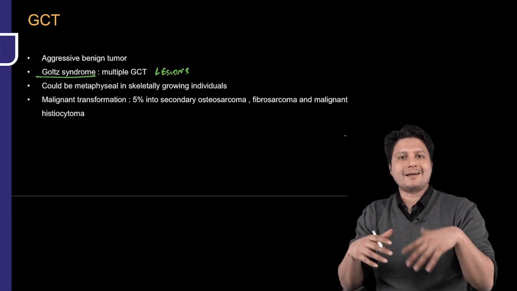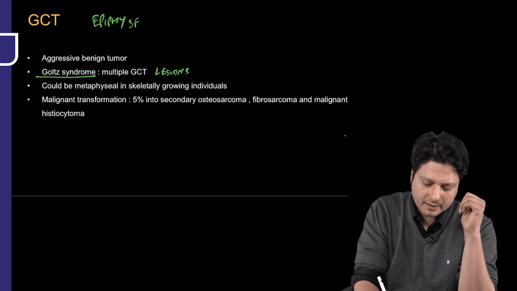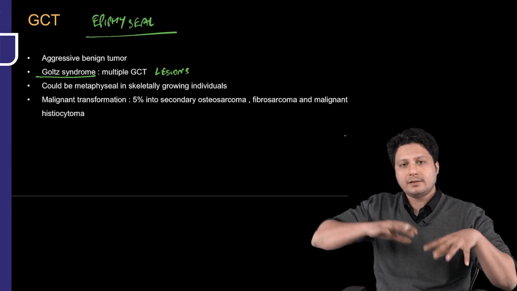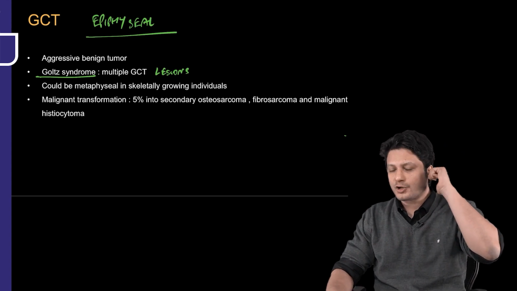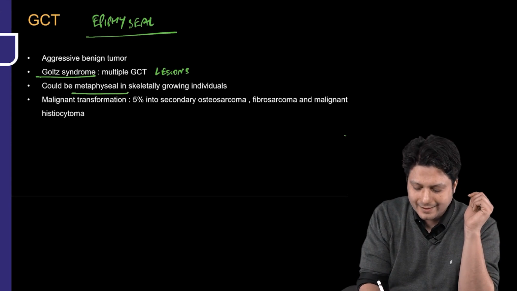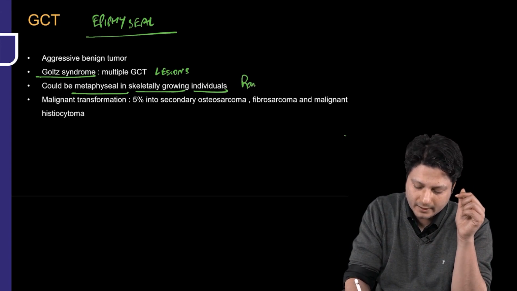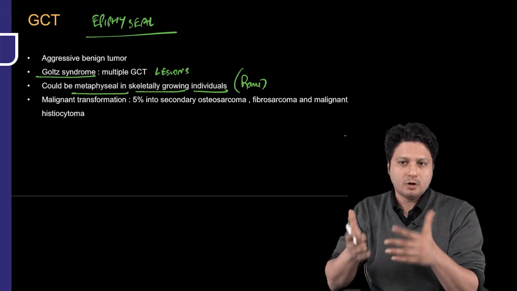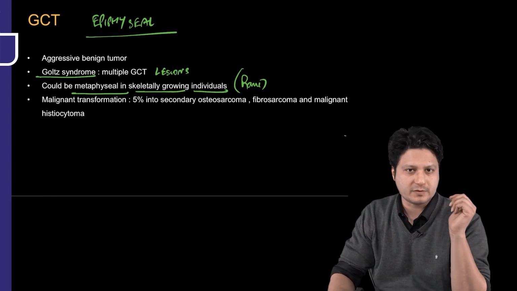Next, all of you know that it is an epiphyseal tumor. GCT is primarily an epiphyseal tumor. But in case of a child, if the GCT rarely appears in a child, then it could be a metaphyseal tumor also. But over a period of time, when the child grows into a mature adult, it will again become an epiphyseal tumor. So it could be metaphyseal in skeletally growing individuals, in a growing child, but that too is a rare phenomenon. It is not common. So you just have to learn this line for the possibility, not to make the complete diagnosis. For the diagnostic purpose, GCT will always be kept in the form of an epiphyseal tumor.